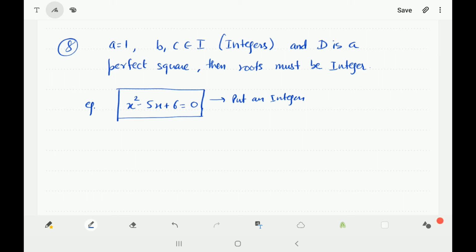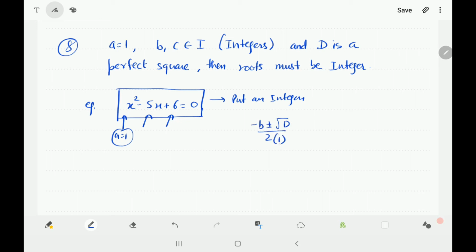If the coefficients are not integers, if they are rational numbers, there is a possibility that it won't become equal to 0. Further, we have the condition that b and c are integers and we keep a as 1. Then it becomes easy for us, because if we keep a as 1 and d is a perfect square, the numerator will be divisible by 2, because you will get the root as minus b plus minus root d divided by 2a.